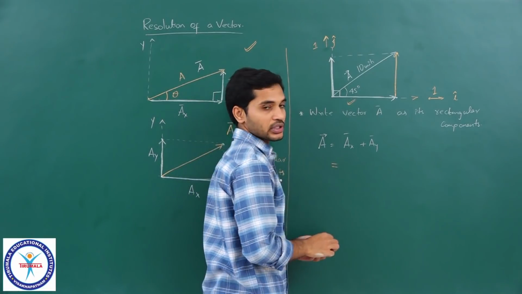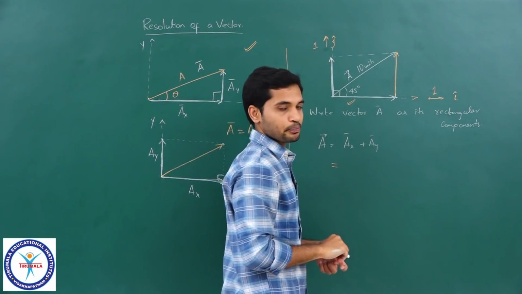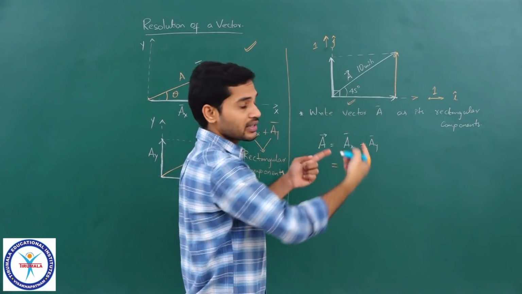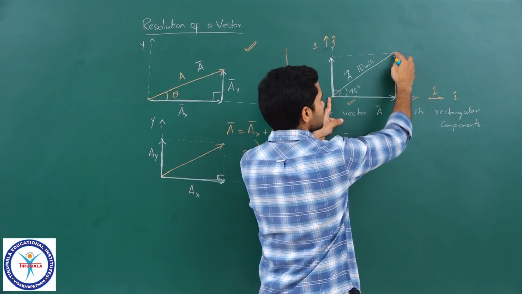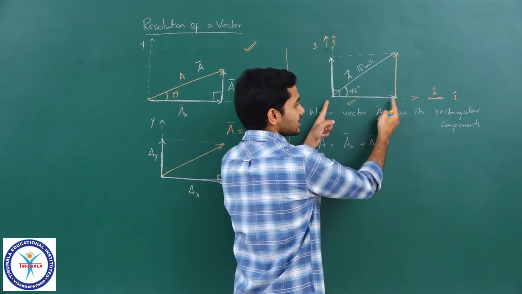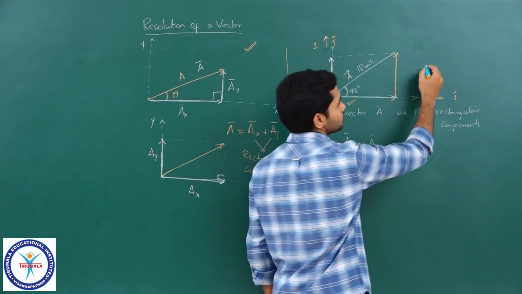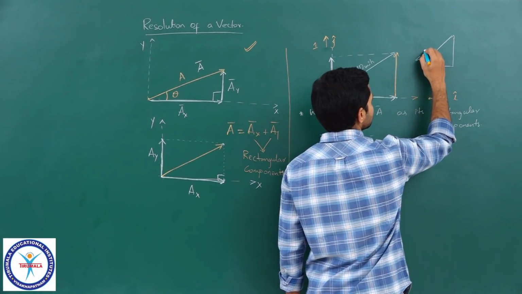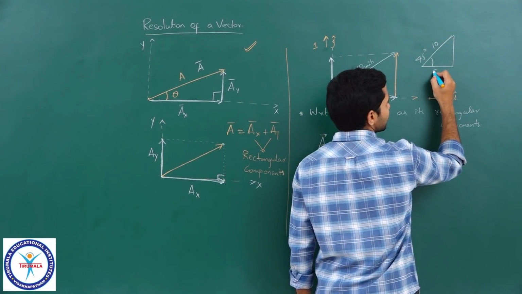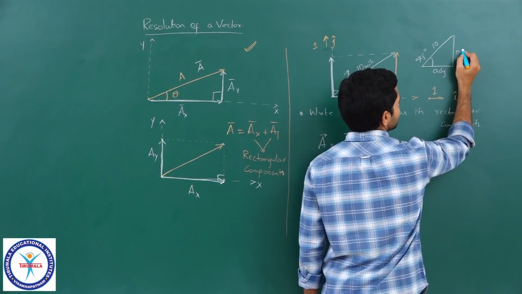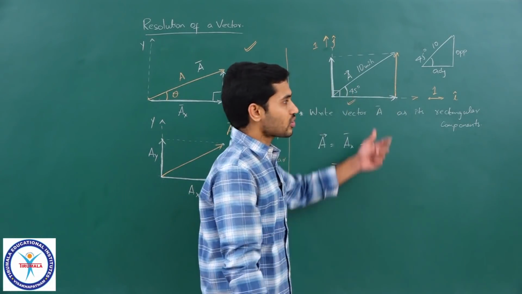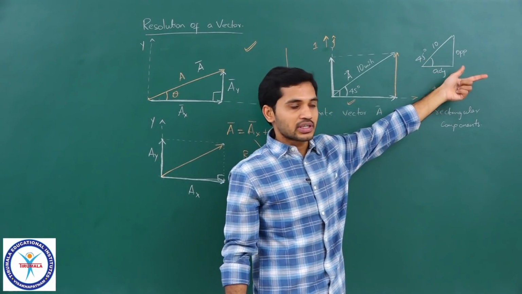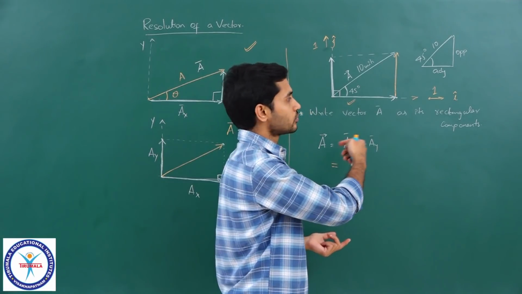So, first of all I need to find this length and this length, correct. Let us calculate. You can easily see the right angle triangle which is formed there, and this is 10, this is 45. Just make a triangle separately like this. This angle here is 45 degrees, this length is 10. I am asking you this length, this is adjacent and this is opposite, correct. So, you know how to write, right? Cos theta, if you write cos 45, you will get adjacent. If you write sin 45, you will get the opposite length, and you find out the values of that.